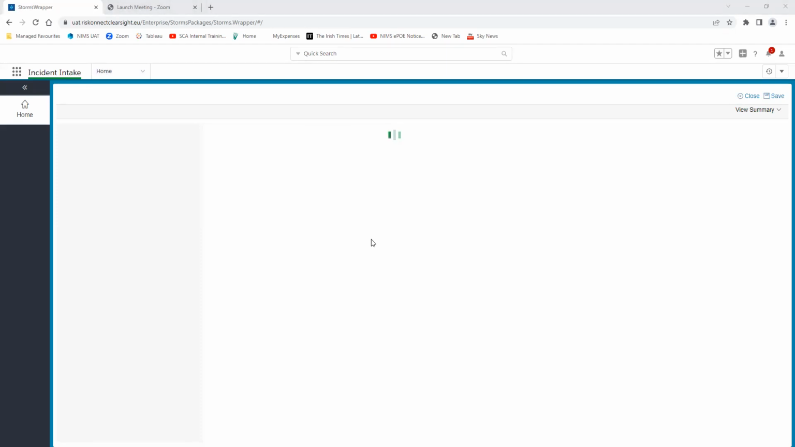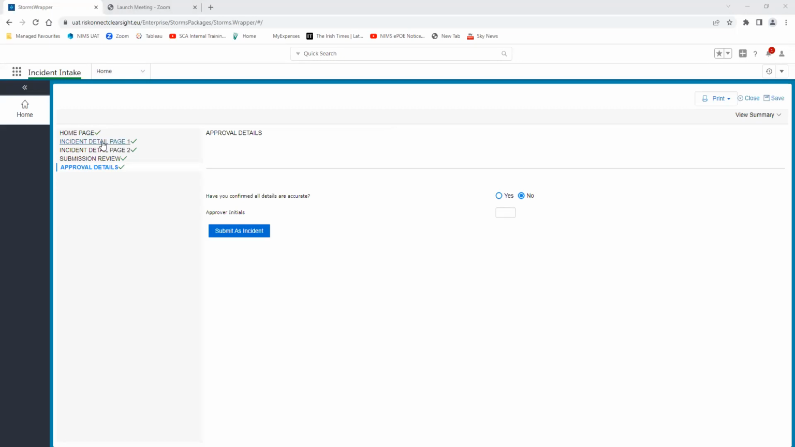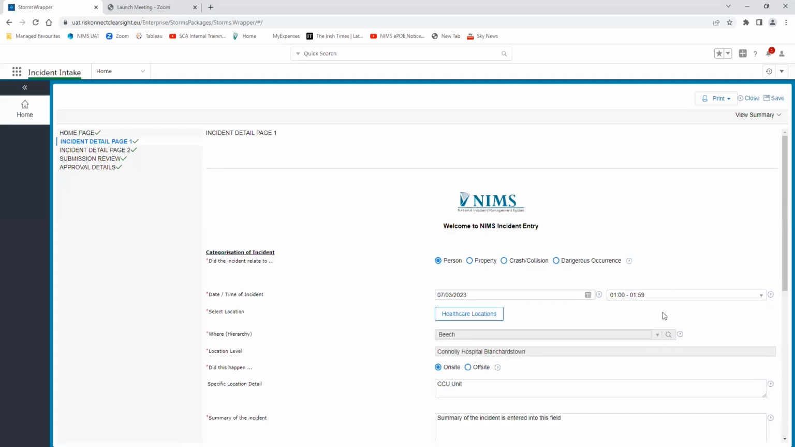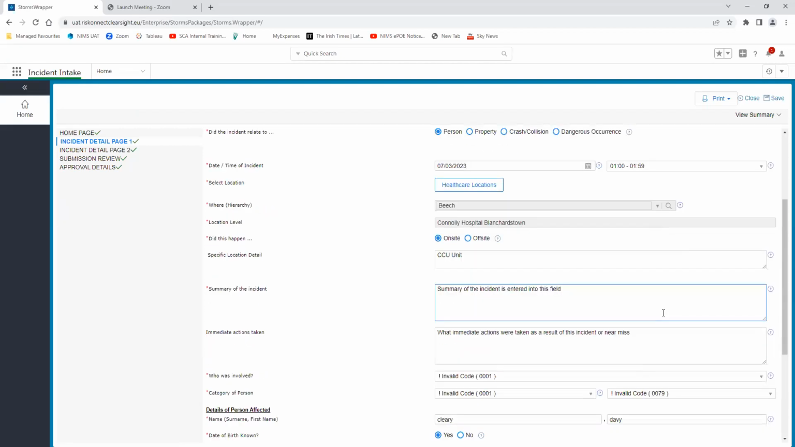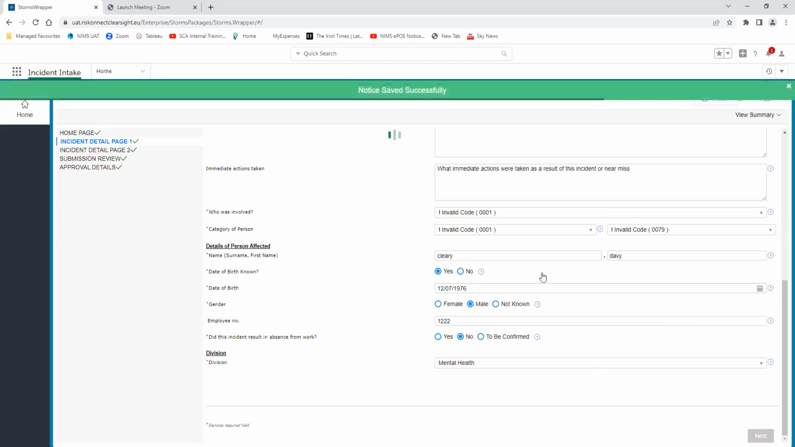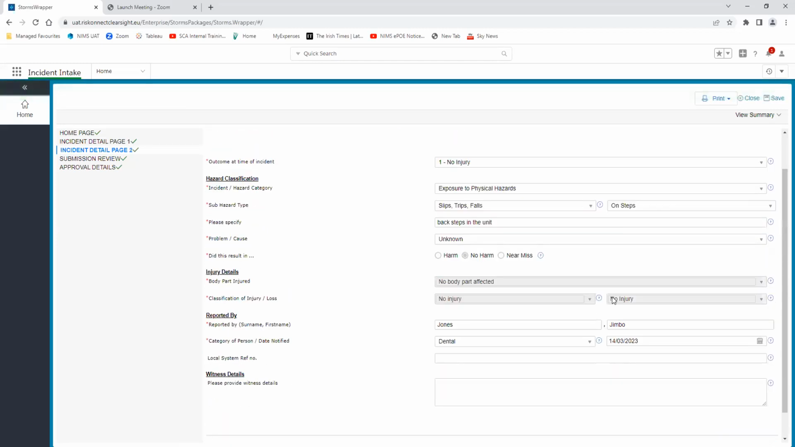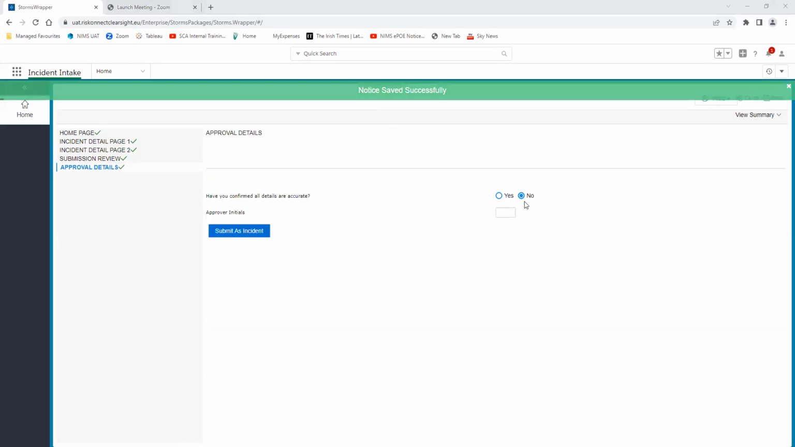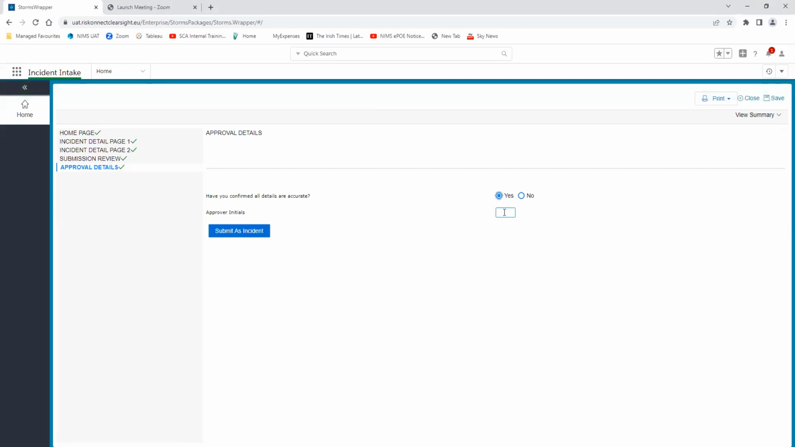And what we request that you do is to go back into the incident detail page 1 and just work your way down through these fields to make sure that you're happy with what has been captured in the fields. Okay, I'm going to go on to incident detail page 2. Again, check that I'm happy with everything there. And once I'm happy, I can click into the approver details page, change the no to yes, populate with my initials, and submit it